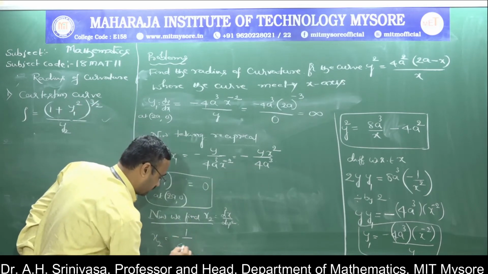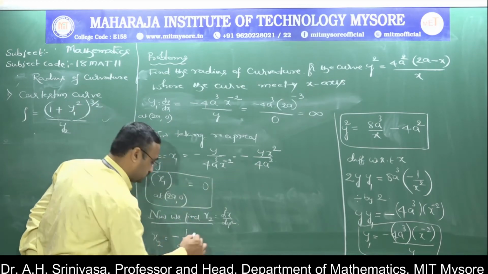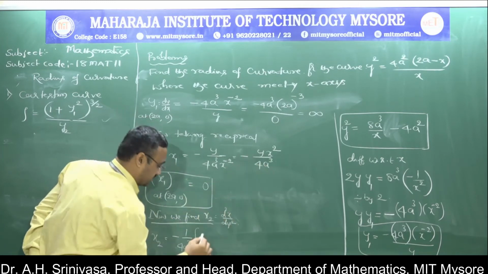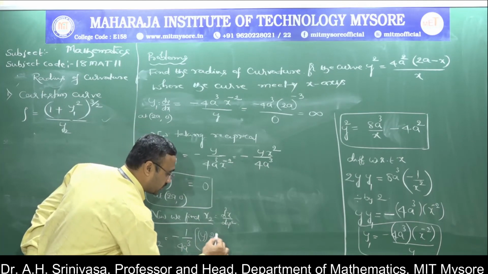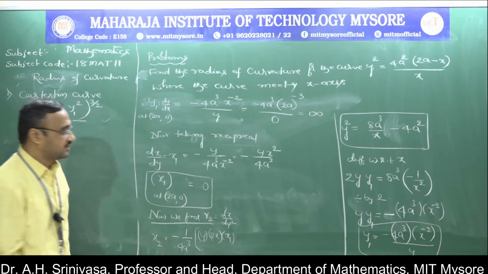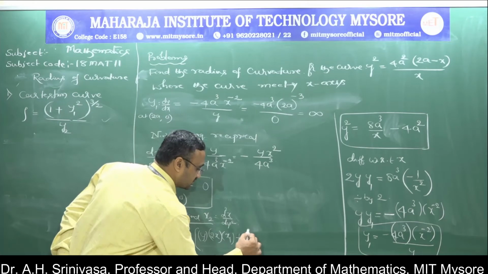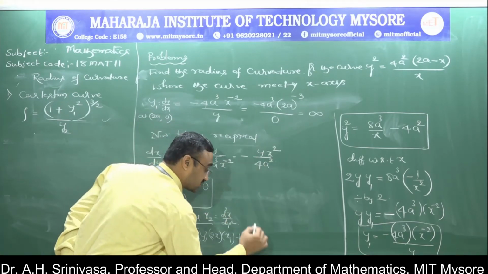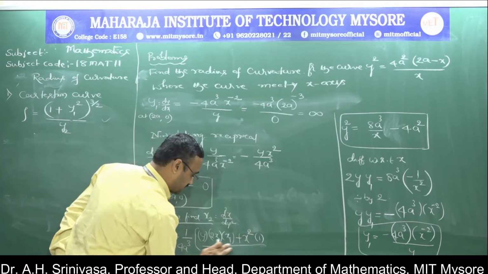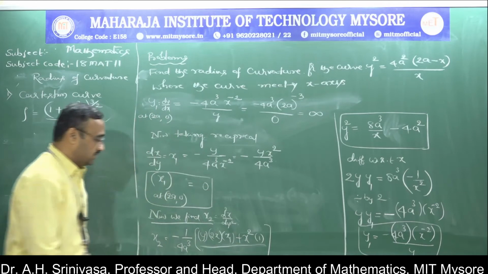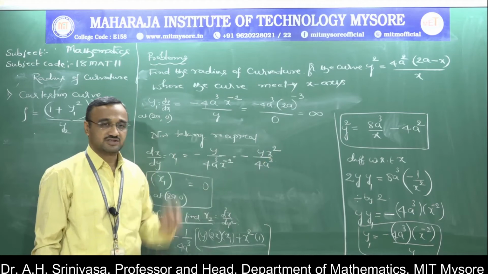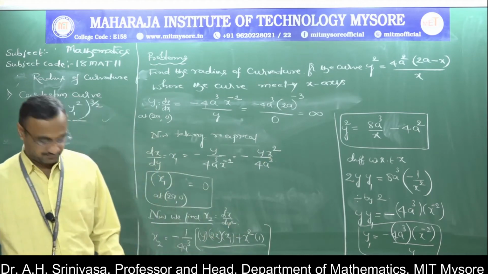This becomes x2, minus 1 by 4a power 3. Now differentiating this one with respect to y, you have to remember, first into second: first into 2x, they become x1, that is dx by dy, plus second into first with respect to y, you put 1. Then whole divided by. So it is a product rule. There is no denominator function that will appear. First into second, then second into first. Then substitute the point.